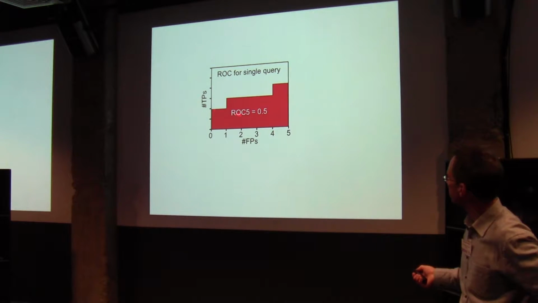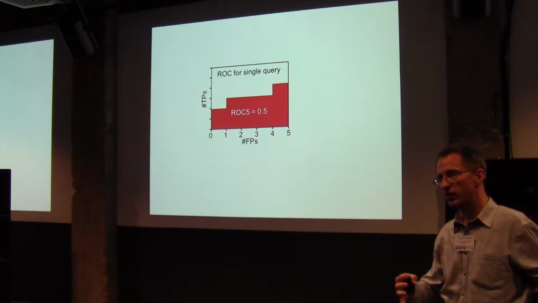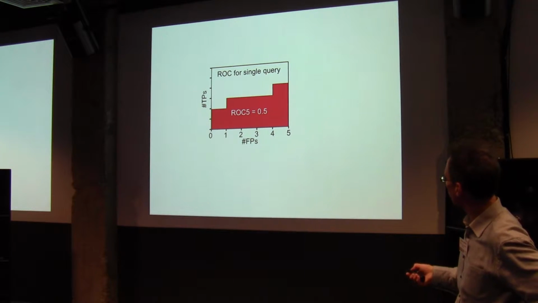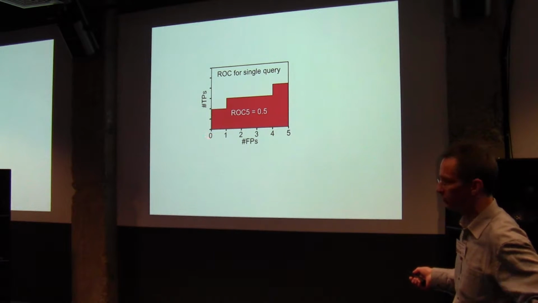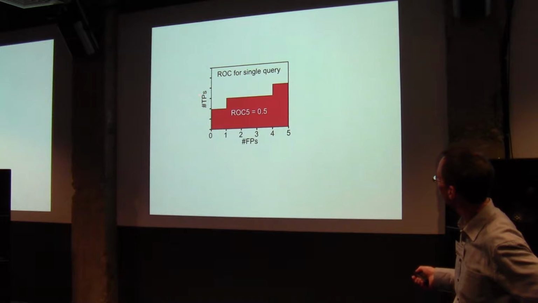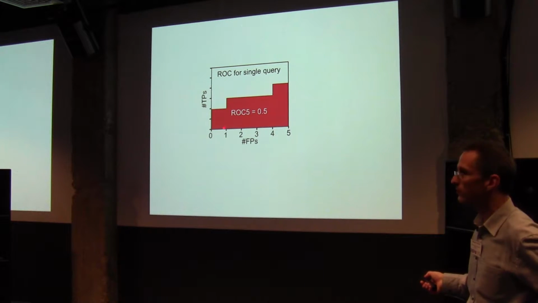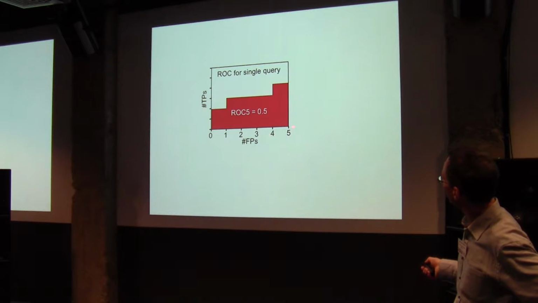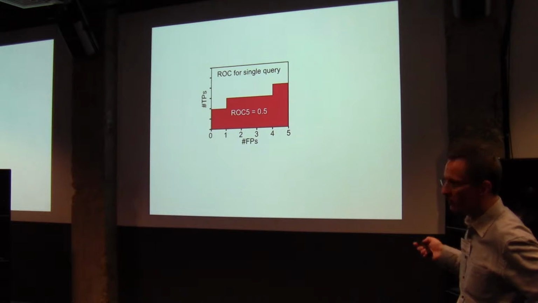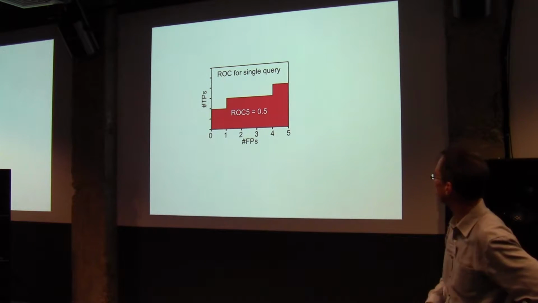So we are measuring the sensitivity in terms of ROC score. So we are taking the database where we know the relationships, and we're counting how many false positives up to a certain threshold we get, as e-value threshold, for example, and how many true positives. We're doing this for all the possible queries in our test data set, and calculating this ROC5 score up to the 5th false positive. But these are details. So this is a way to cleanly benchmark the performance.